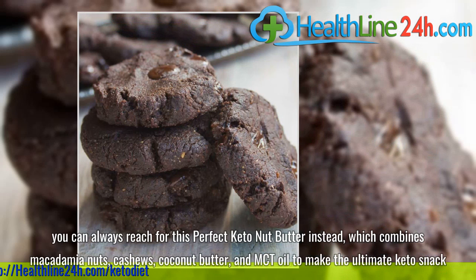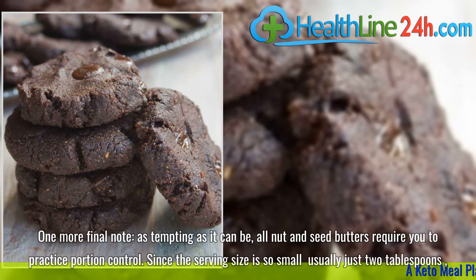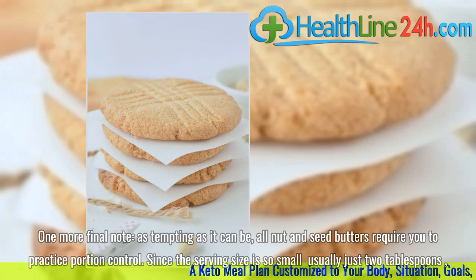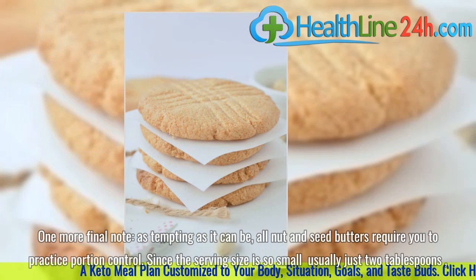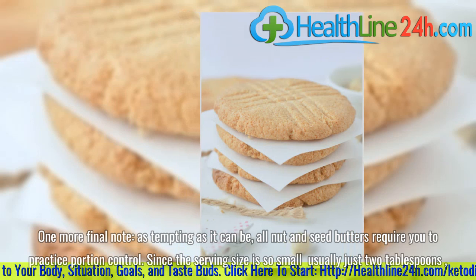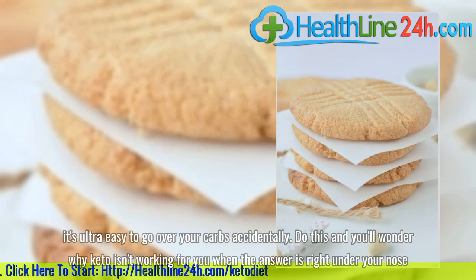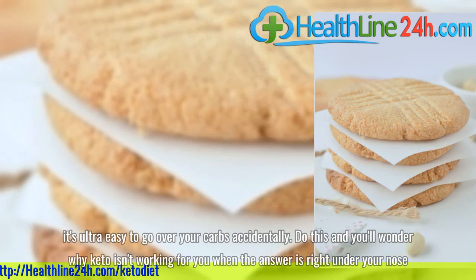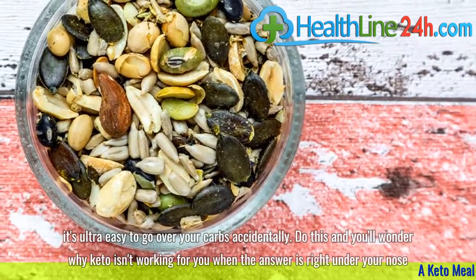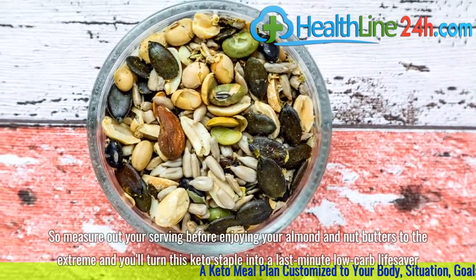ultimate keto snack. One more final note: as tempting as it can be, all nut and seed butters require you to practice portion control. Since the serving size is so small, usually just 2 tablespoons, it's ultra easy to go over your carbs accidentally. Do this and you'll wonder why keto isn't working for you when the answer is right under your nose. So measure out your serving before enjoying your almond and nut butters to the extreme, and you will turn this